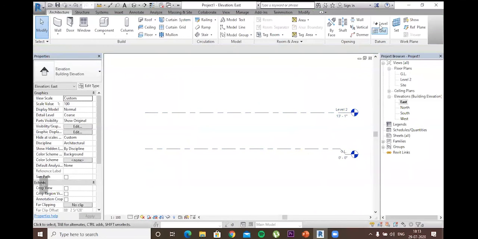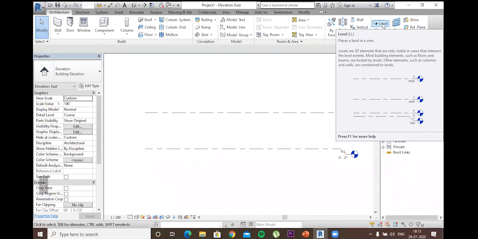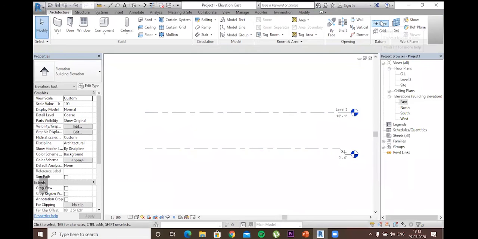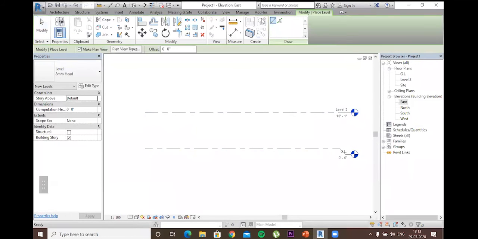Now to create more levels, you will see on the right side of the panel an option called level. When you click it, there will be a lot of options here. Now there will be a green pick lines option. You have to pick the line and select. You can now create a level at the offset from any line which you want.